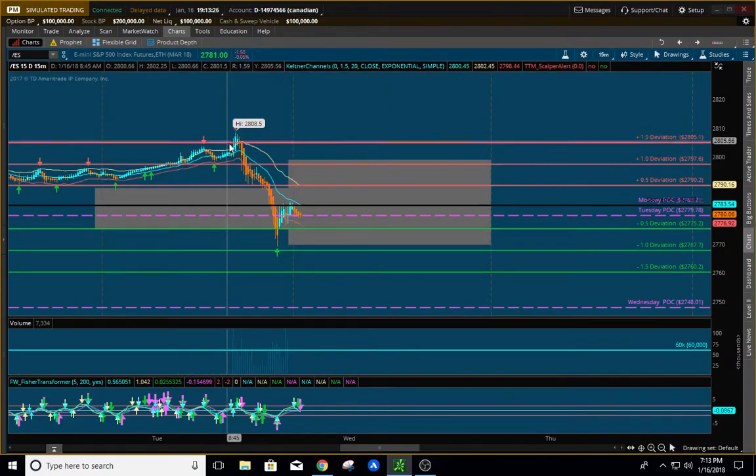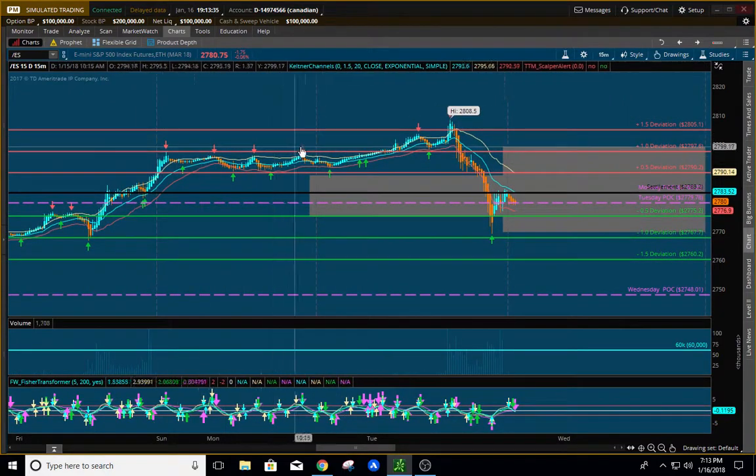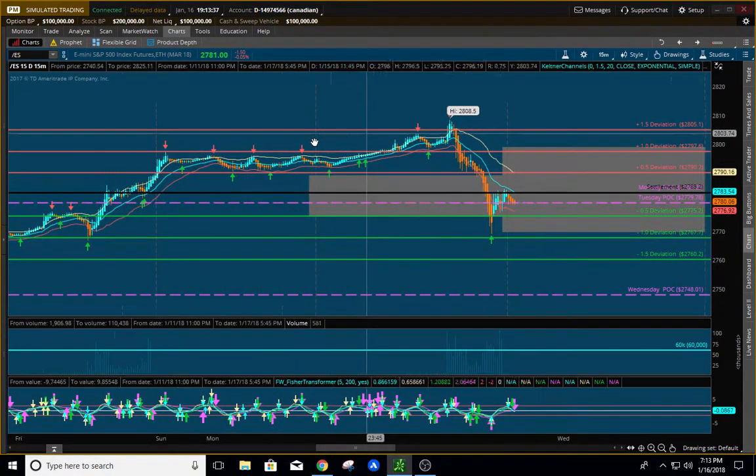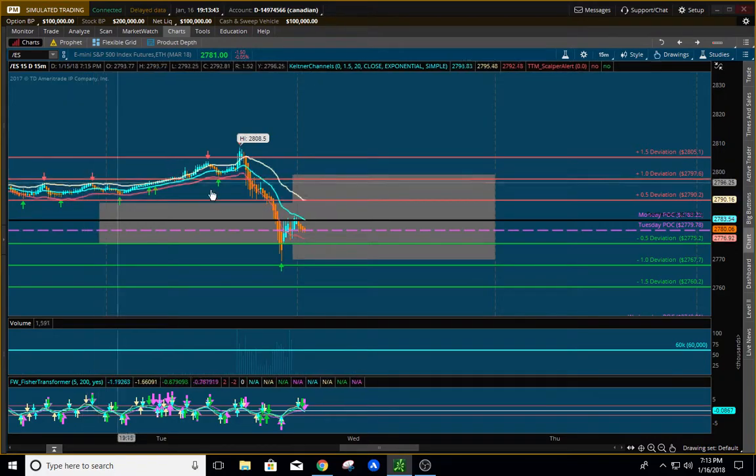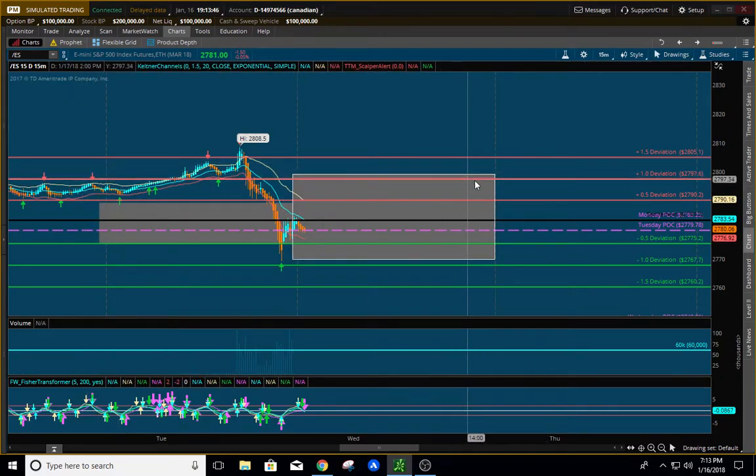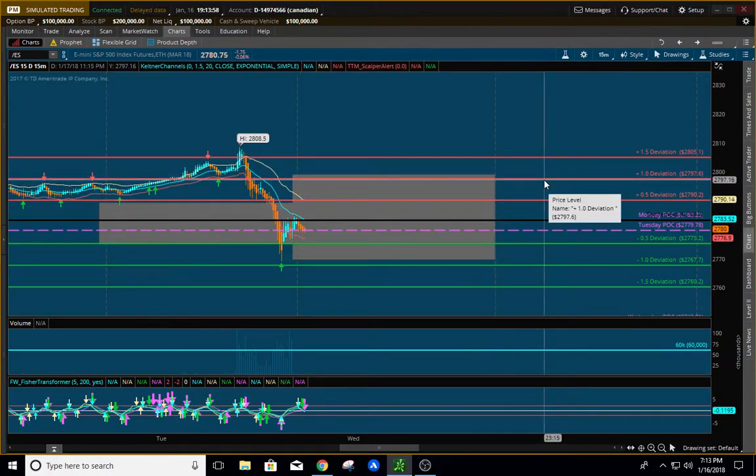We don't actually think we'll be able to reach back up to this point here, so we're looking at these order blocks to indicate where we have three levels right there on the order block. We have top of value area, bearish sentiment which the market was looking at, the zero number, and deviation level. So we're looking to sell 27.98 and lower. What you could do is sell a binary at 27.98, which should be available to you at the money, or in the money, sell it at 40 to 50